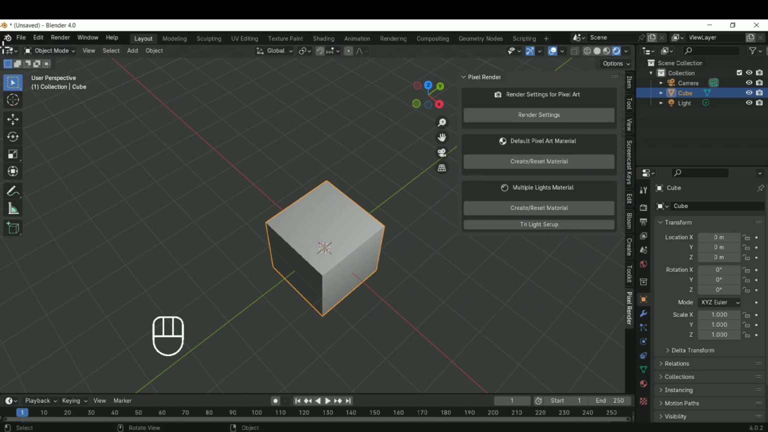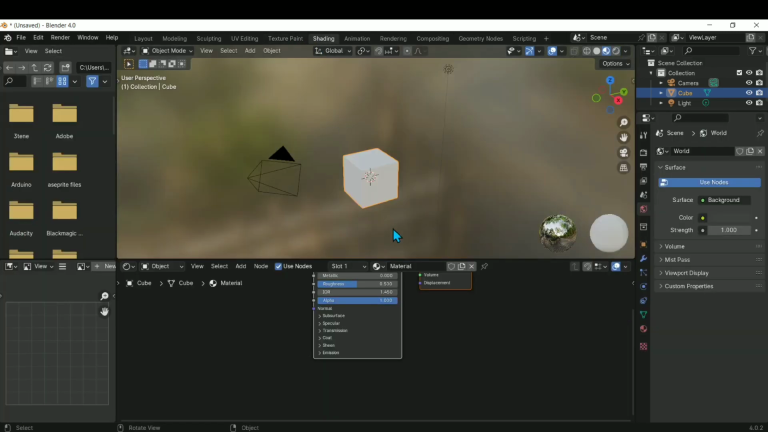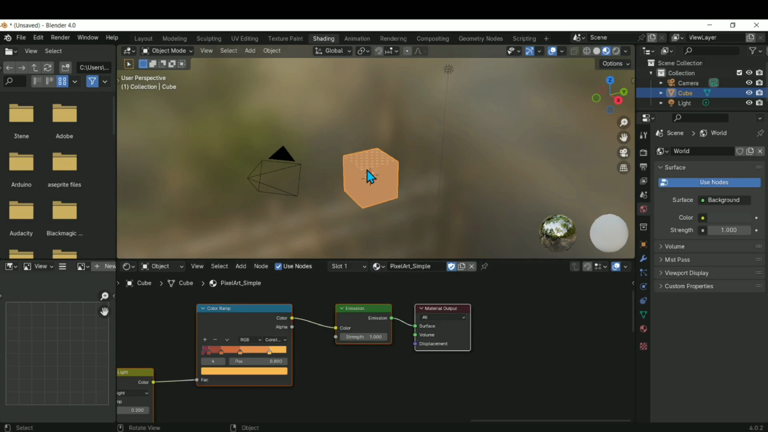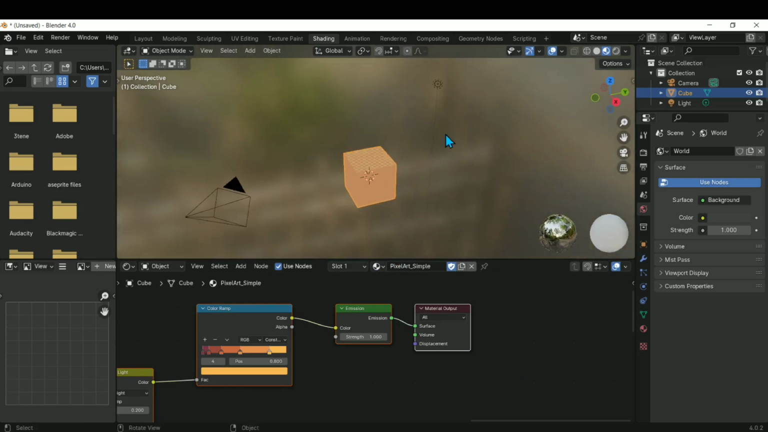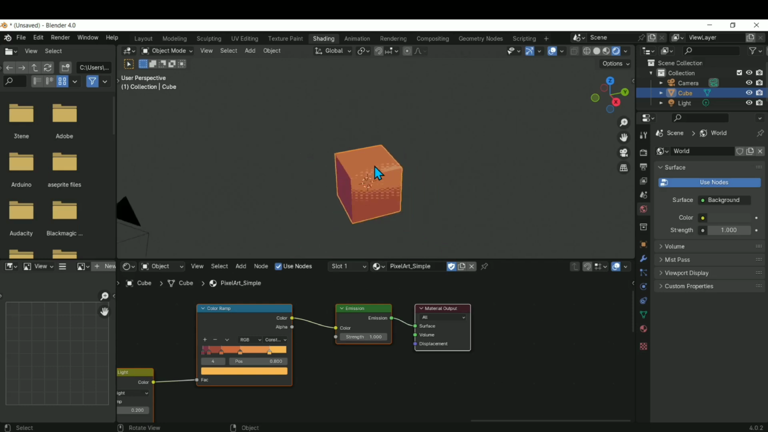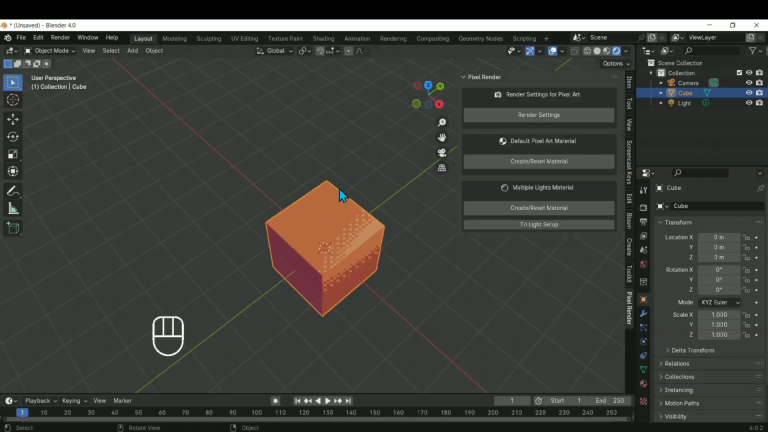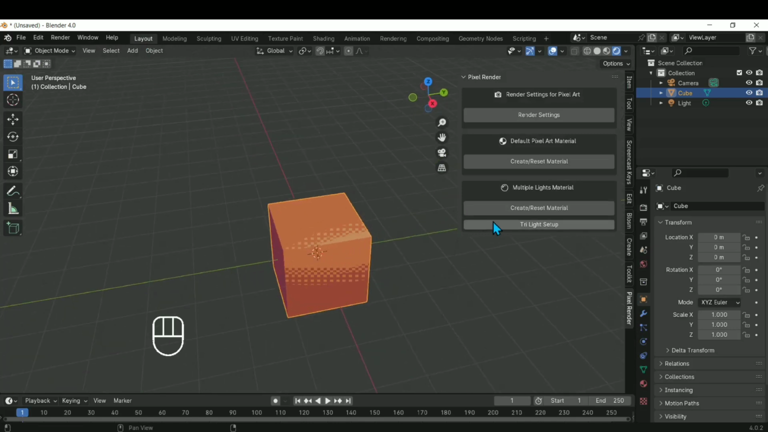So go to shading, click on the drop down and select pixel art simple. Now it's showing the material like this because we are in material preview and not in rendered. Now it's showing properly. If this is what you want, that's well and good, but I would recommend clicking on tri light